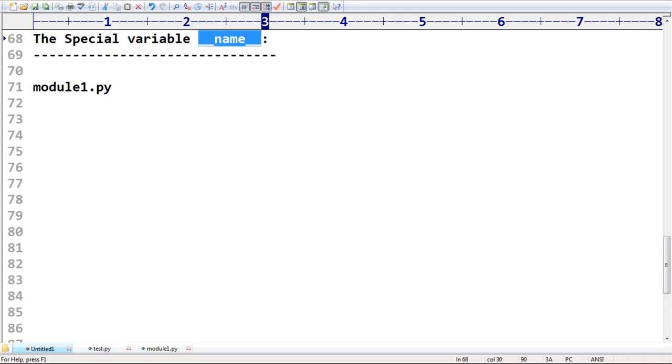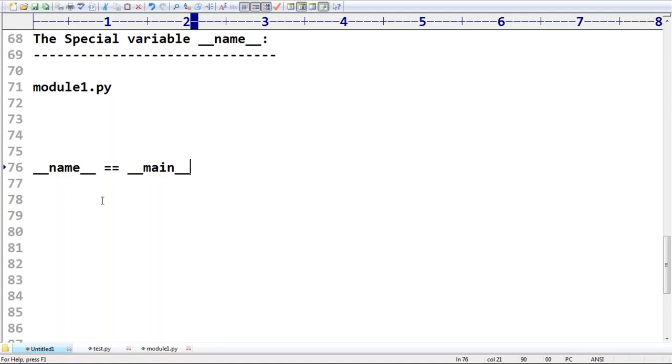Underscore name underscore. If this value is equal to underscore main